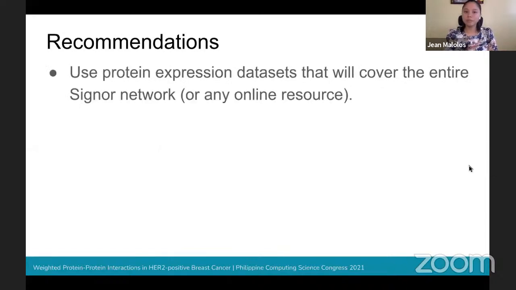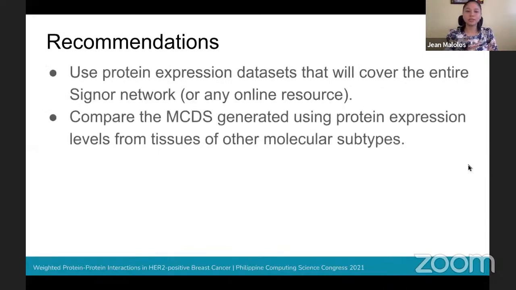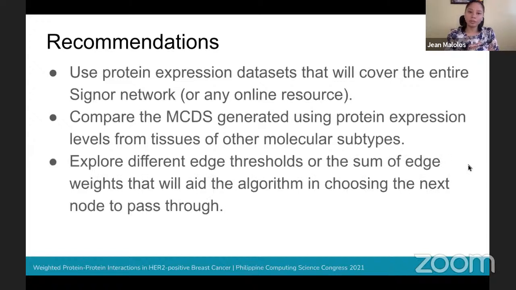So for further recommendations for future studies, use protein expression datasets that will cover the entire network, or any online resources, and compare the NCDs generated using protein expression levels from tissues of other molecular subtypes, and explore different edge thresholds or the sum of edge weights that will aid the algorithm in choosing the next node to